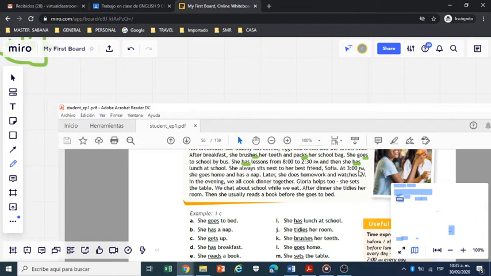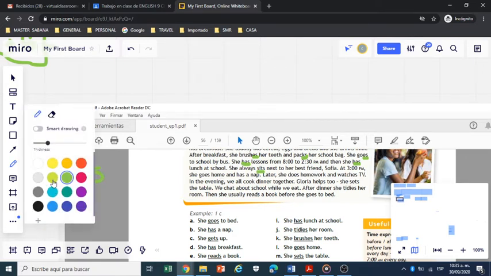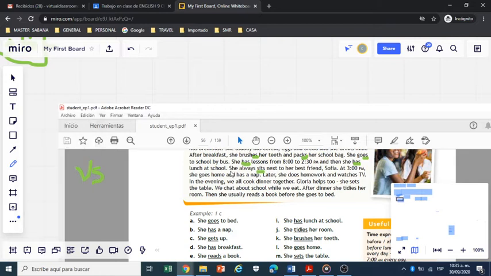Has, the verb with S, sits, the verb with S, because the subject is third person singular, he or she or it. Or for example, the name of the person, look at this, Gloria,